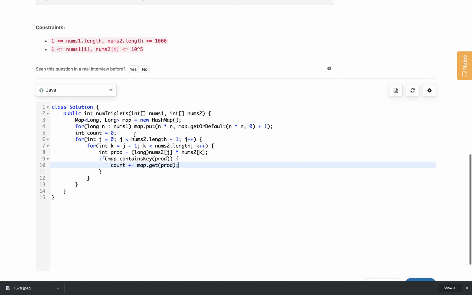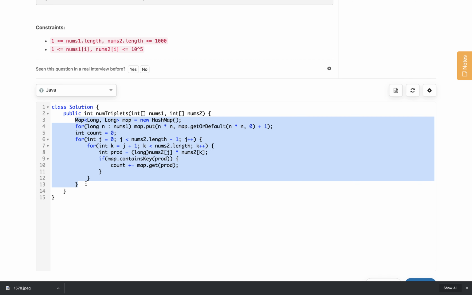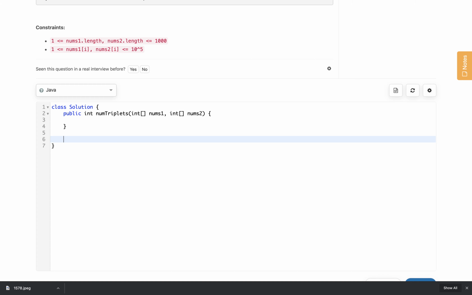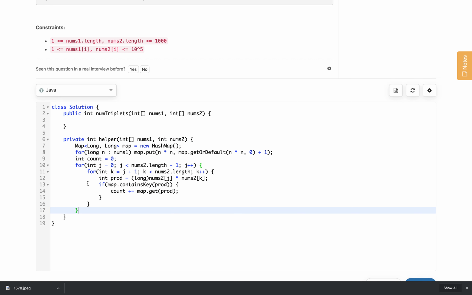For type 2 we need to repeat the same code. So, why can't we make a helper method and make use of that? This will be private int, let us say helper, and this will get int arrays, nums1 and nums2, and this is how we will return the count for the one case.